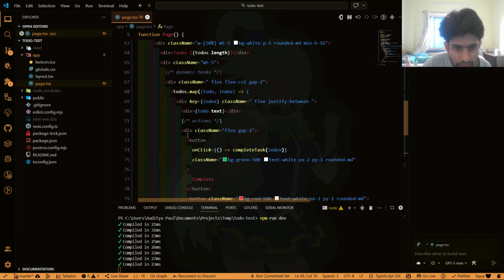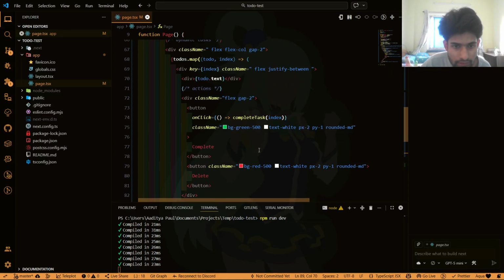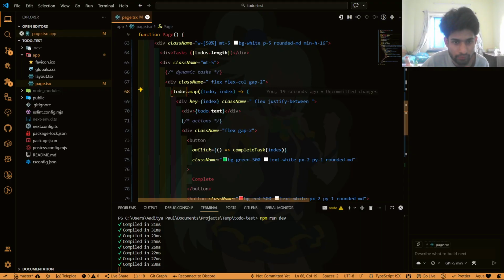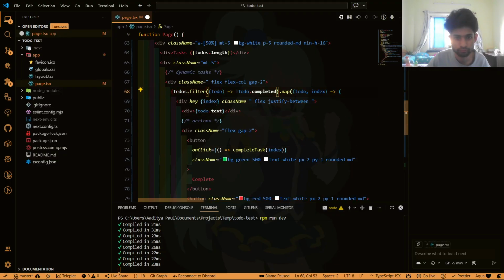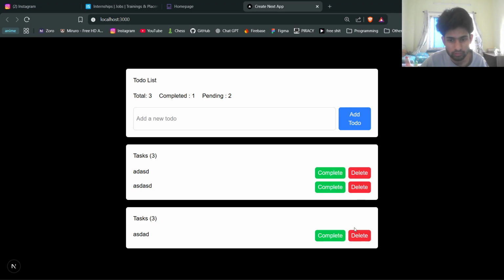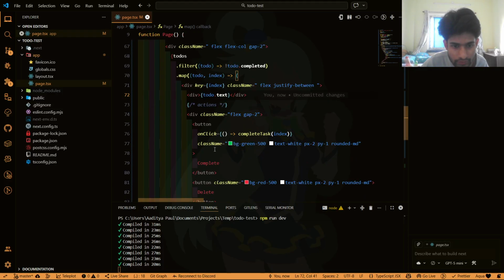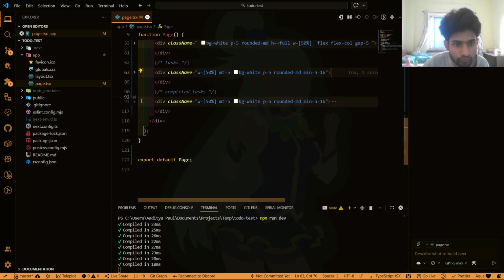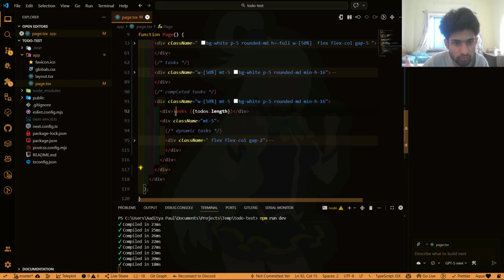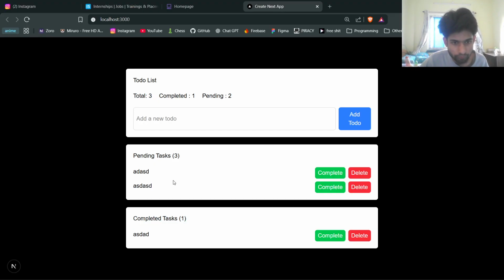Alright, and the same thing here in tasks. I just need to show the pending tasks, not the completed ones, so I will just add a filter here as well. Filter. So this will show only the completed tasks here, pending tasks here, and the completed tasks here. So I will also change this name here, pending tasks, and completed tasks. Okay,